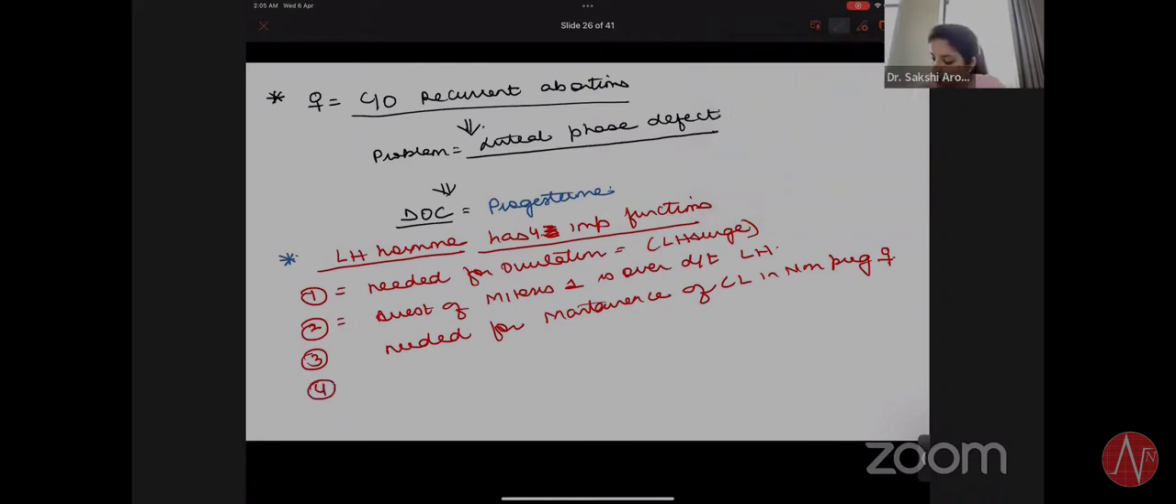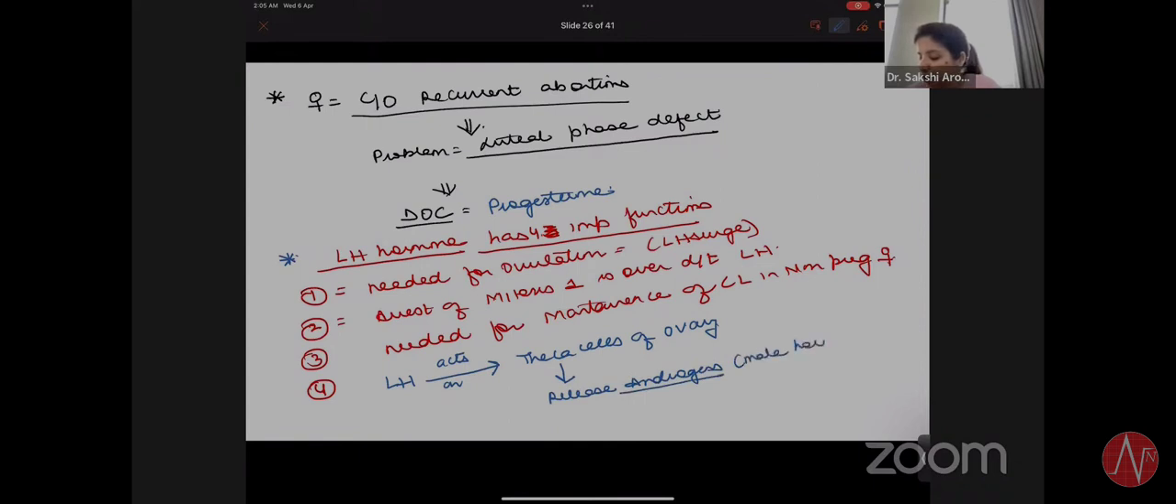Fourth function is LH acts on theca cells of the ovary, and from theca cells it will release androgens. Androgens are male hormones. So ovary जो है वो केवल फीमेल हॉर्मोन्स नहीं प्रोड्यूस करती है. ओवरी,